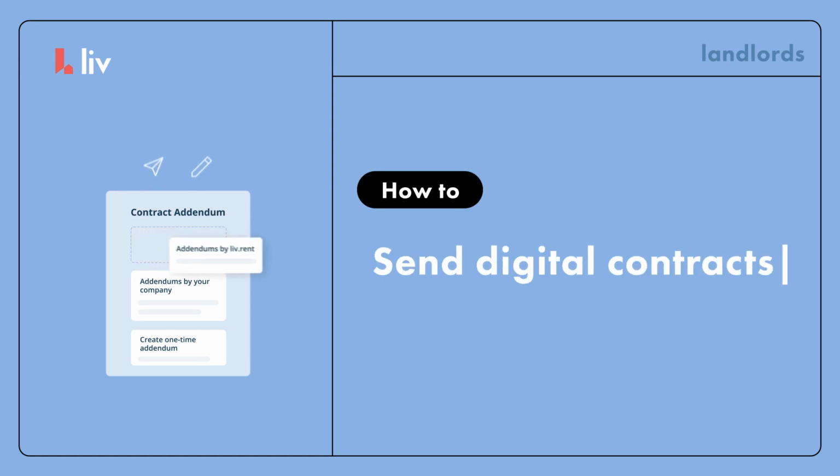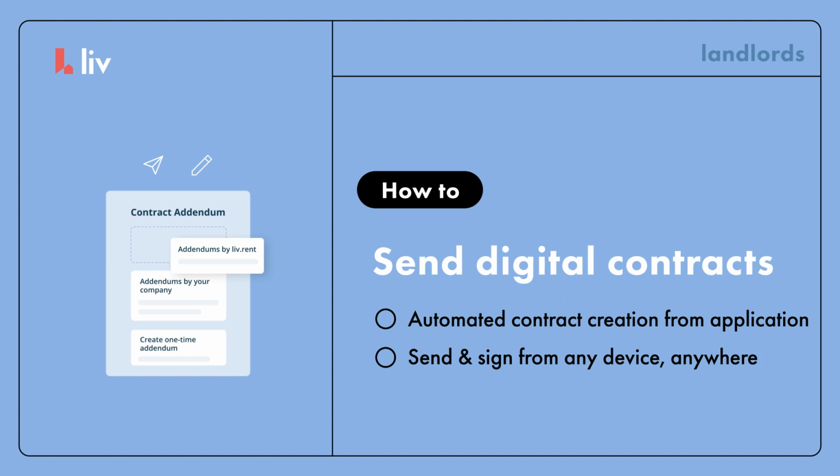In this Landlord how-to video, we'll be showing you how to send and sign digital lease agreements and addendums using liv.rent's built-in contract features. Keeping track of important documents is an important part of a landlord's duties, but it's easy to get bogged down in paperwork, especially if you rent out multiple units. liv.rent makes it easy to keep track of your contracts with secure digital storage and e-signatures, so you never misplace